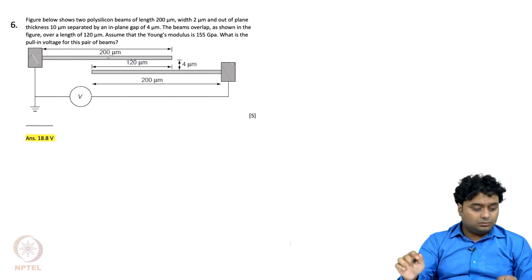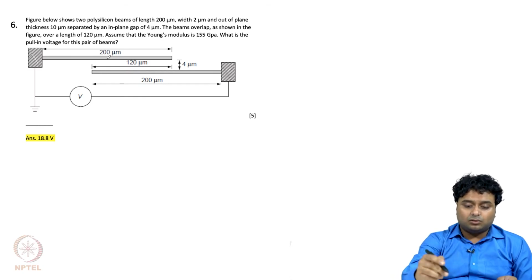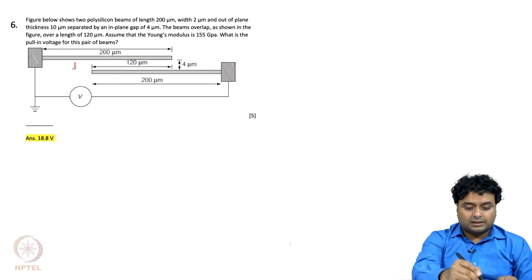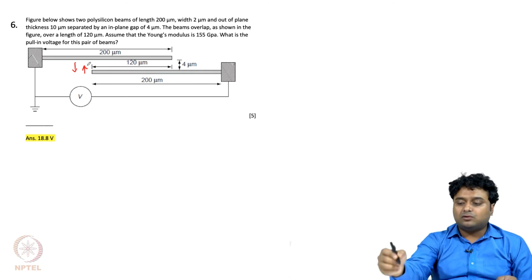Okay, now this problem where we have two cantilever beams which are moving in plane, means this beam will get attracted towards this direction and the other beam will get attracted towards the top direction, right, and we need to calculate the pull-in voltage. Now for pull-in voltage, for the usual case